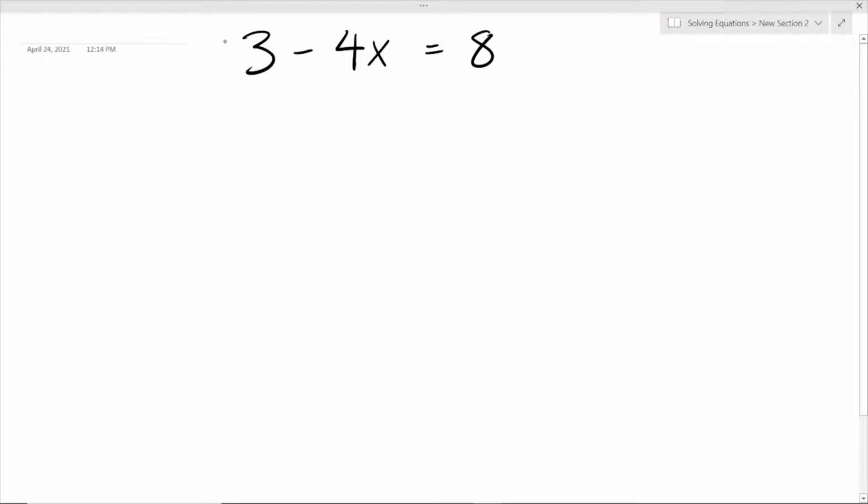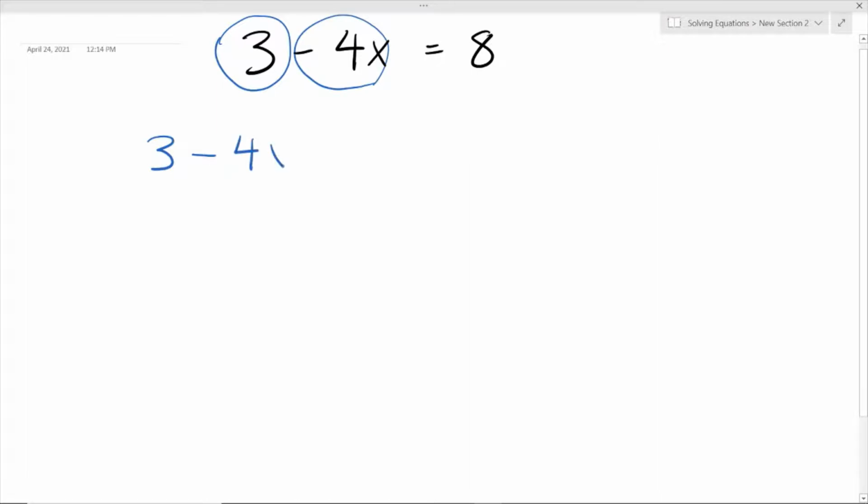So remember, we have two terms on the left side of this equation. 1, 2. And it's easier to get rid of the terms first, okay, rather than dividing by this negative 4, right? It would be easier to rip away the term that doesn't have an x, so this constant right here. So to get rid of this 3, we have to recognize this 3